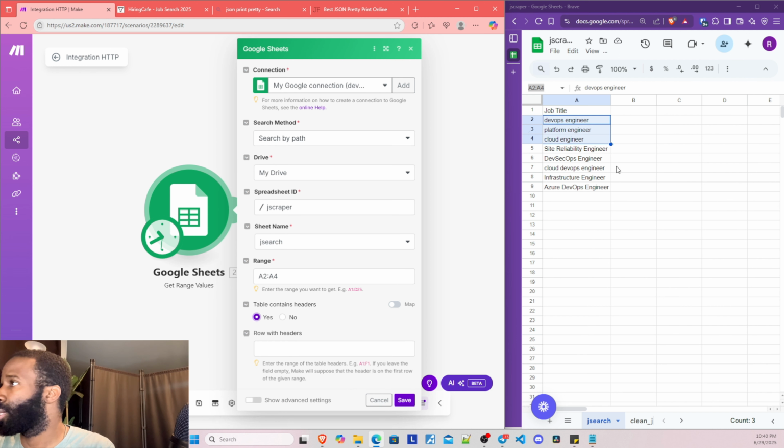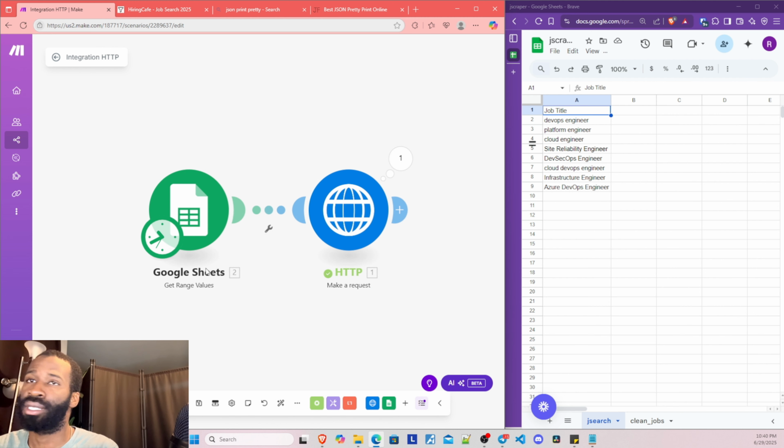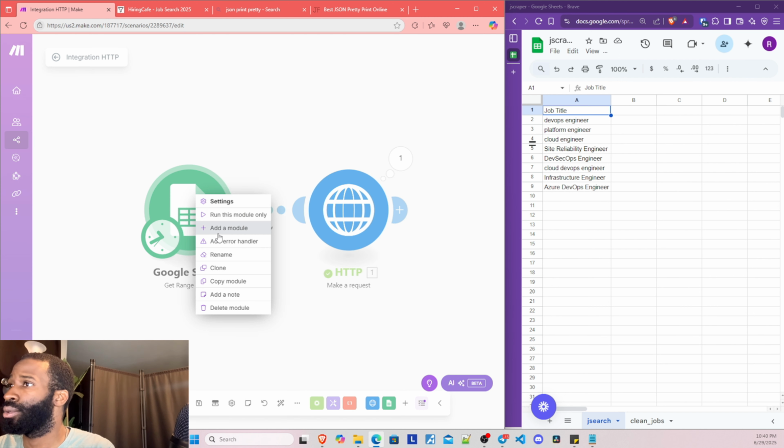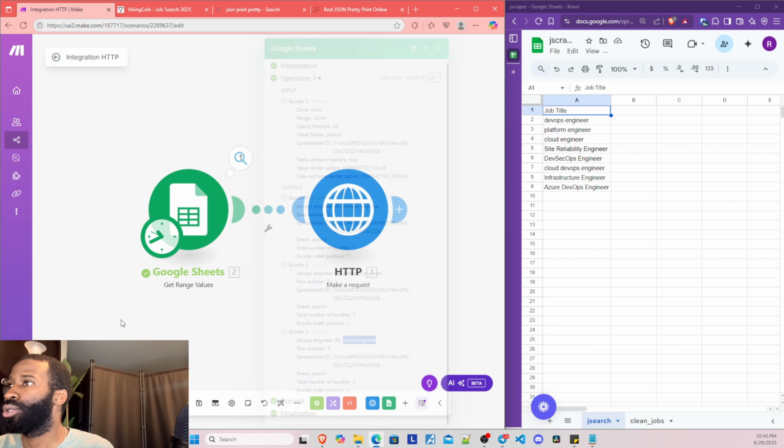So yes, this table contains a header, the job title header. We can save this and run this module only, and you can see it's brought out the DevOps engineer, the platform engineer, and the cloud engineer. So now we